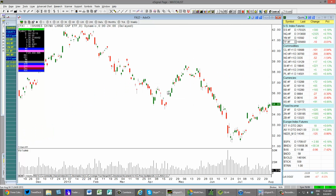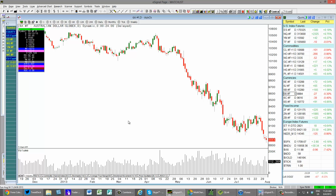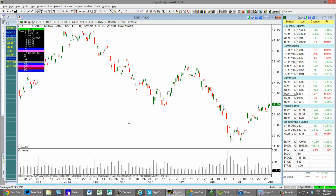currently, biggest loser is China, and the biggest winner is the Australian dollar. So both in the same thesis, or basically the same theme. So altogether, this theme is working out. I do think China could really get going if we could get below that recent support level. We are going to need to see some poorer economic data out,